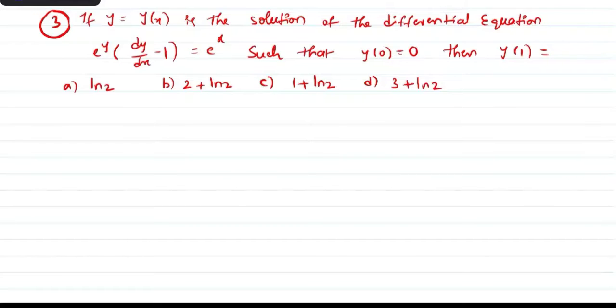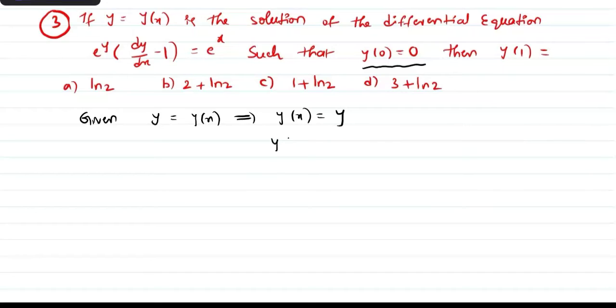Right. So first start with the given condition. What is the given there? The starting y is equals to y of x. If you see this statement as y of x is equals to y, and he has given another condition, that is y of 0 is equals to 0. So by observation it is very clear, here x value is 0 and y value is also 0. So we can write as x is 0 and y is 0. It will help us in further simplification.